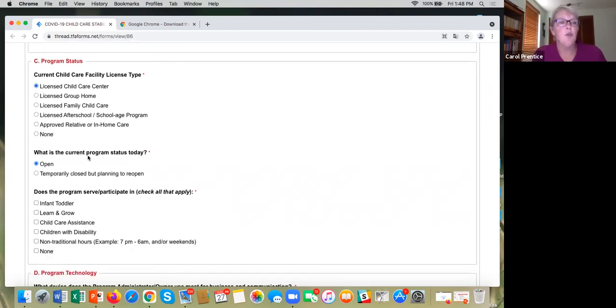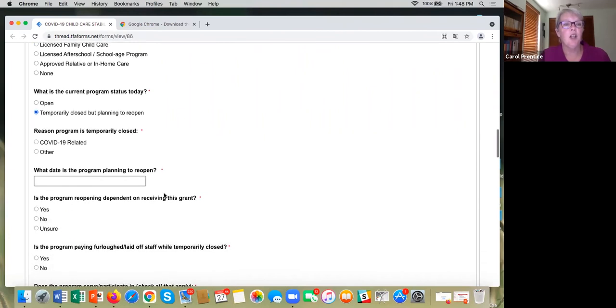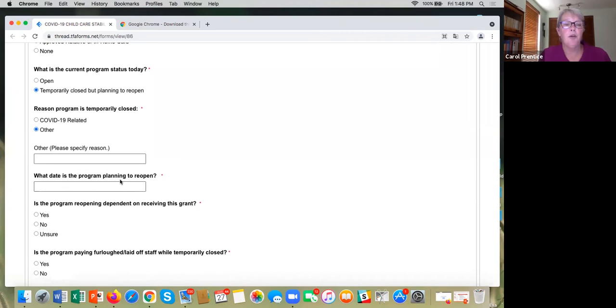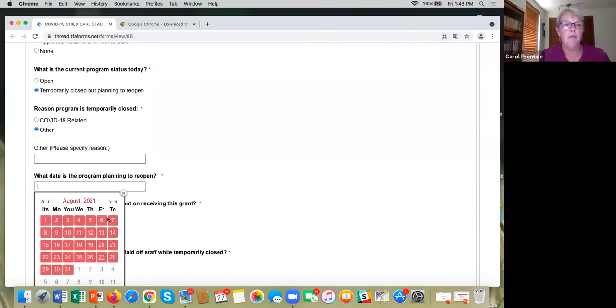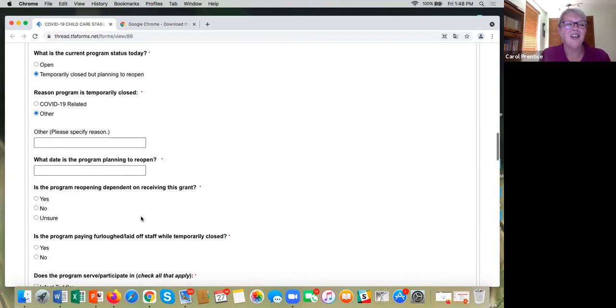And the next question is, what is the current program status today? Is it open or is it temporarily closed? If I were to put temporarily closed, but planning to reopen, I would be asked what the reason was. Was it COVID-19 related or was it other? What date is the program planning to reopen? There's a pop-down box here, so I can say, I'm planning to reopen September 13th. But I don't want to fill that out because I'm going to go back and change it to being